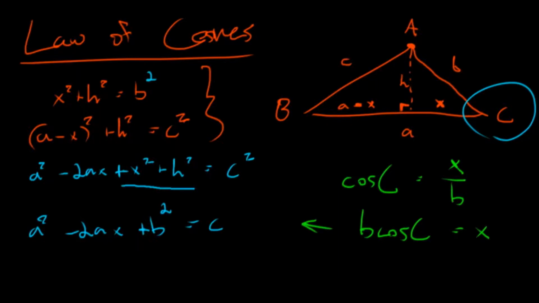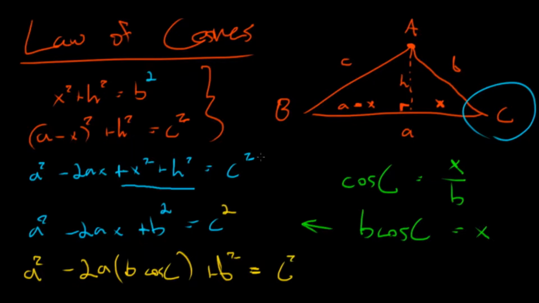Here is the law of cosines. a squared minus 2a times, we just found out that x was b cosine C, plus b squared equals c squared. Oh, I keep messing that up. That should be squared. The law of cosines is